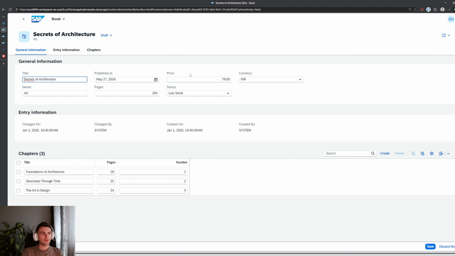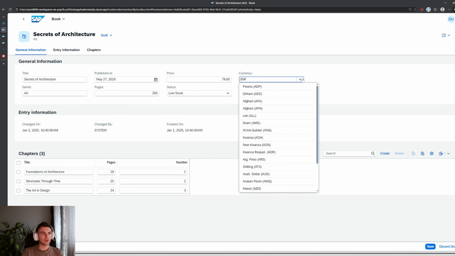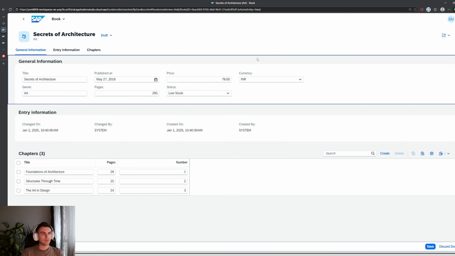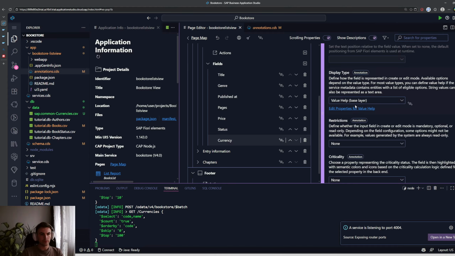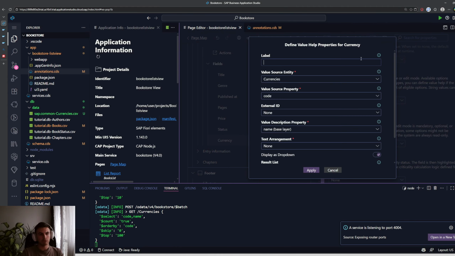Okay, so if I go and edit, instead of this search help, I'm going to have this nice list. Okay, and going again back to the definition of the value help, you can edit it because that's the base. You can do some changes here. So for example, if you go to this information field, everything is set for what this is. So this is the source for input values. This is what is saved in the database layer. But for example, if you go to the description property, that is the description for the user, you can change it, for example, to description. And if we apply that,